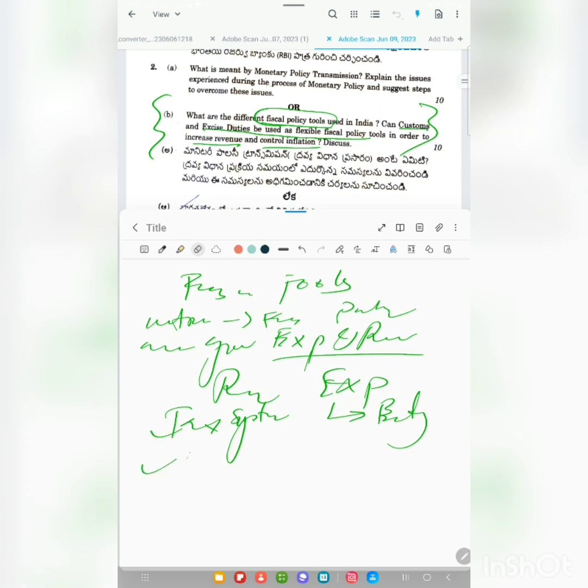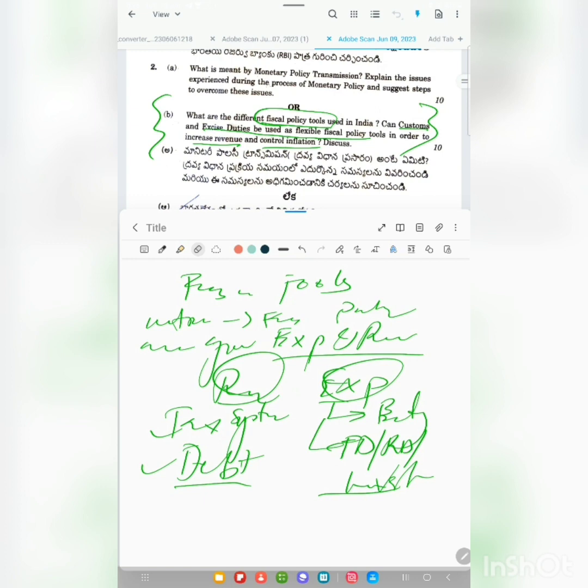Okay, charges, debt and other things. As far as expenditure is concerned, you have the budget. Okay, you have fiscal deficit, revenue deficit, and also investment expenditure. So these are the various tools that fiscal policy uses. Other thing is, can customs duty, again this is a very specific subpart. You need to know what customs duty and excise duty are, in order to say whether it's a flexible fiscal policy tool or not. Second, you have to talk about whether it is possible to increase revenue and control inflation using these